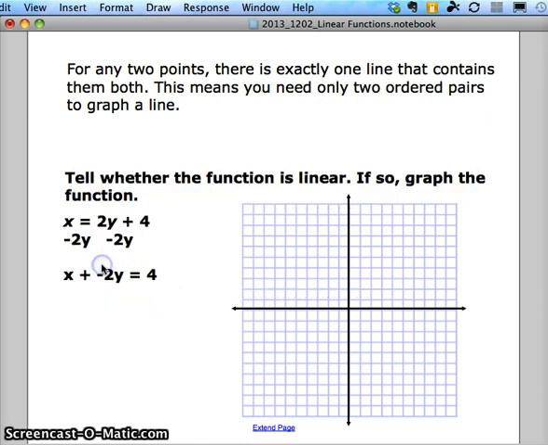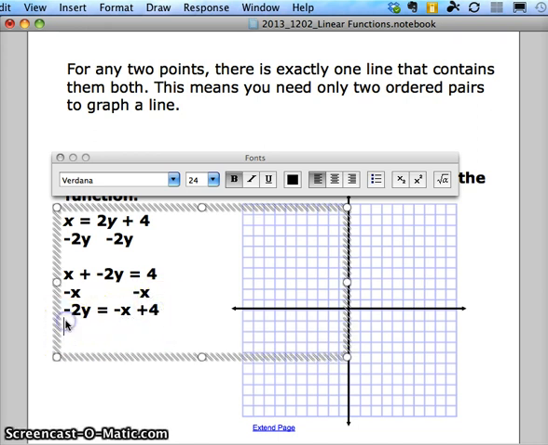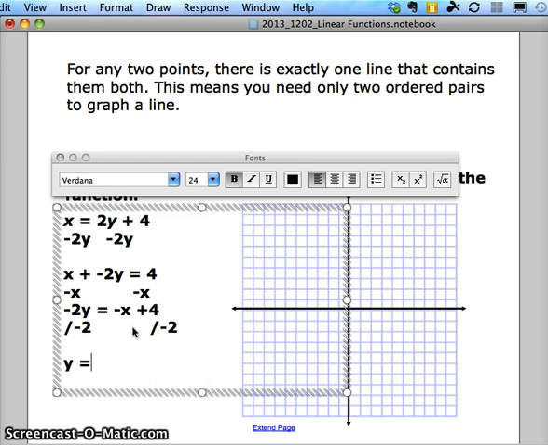Now, how do you graph something like this? Well, just like when we were working with functions, if you're not given a domain, you can choose your own. You can rewrite this as negative 2y equals negative x plus 4. I did that by subtracting x from both sides here. And then if I do that, I'm going to divide both sides by negative 2. And I have y equals 1/2 x